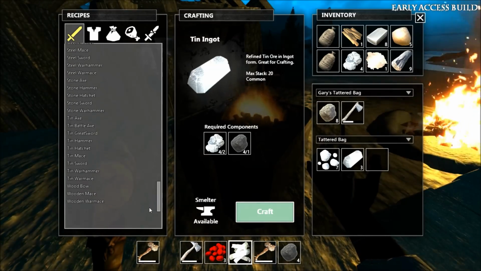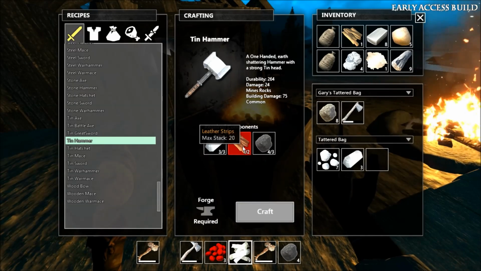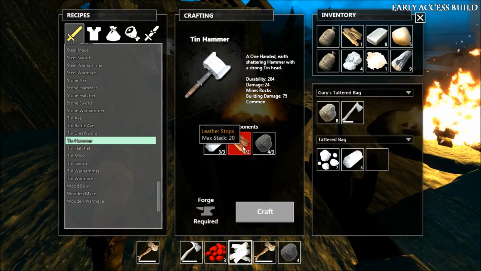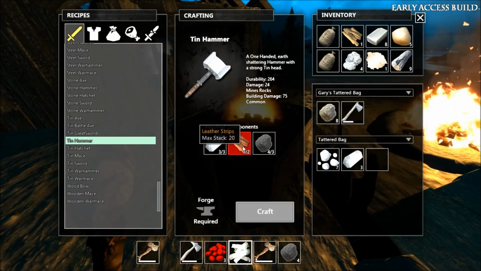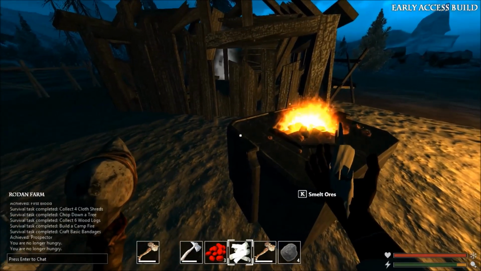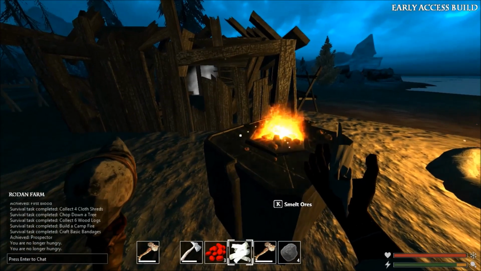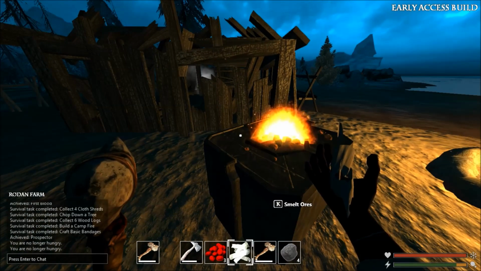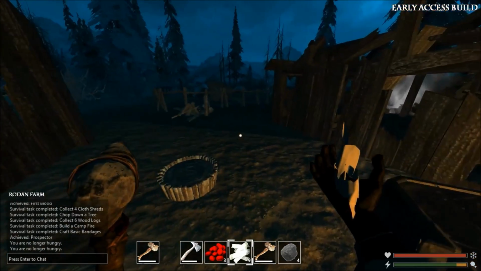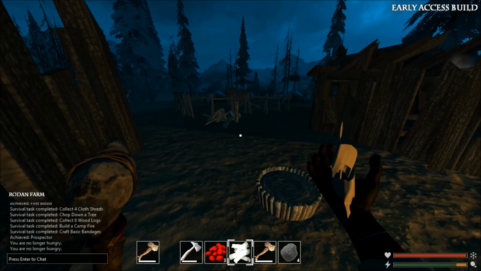Let's see, where are the tin stuff? See, here we've got our full list of things to do, and we're going to want to make 10 hammers. We're going to need leather strips for that, which means we're going to have to build a couple more things. So we're going to need to make a tanning rack, and then we can get our leather strips, and we can get our hammer, and that'll of course speed up the process of mining so that we can get all of our things over and over again. So hold on one second. I'm going to have to go collect some sticks,